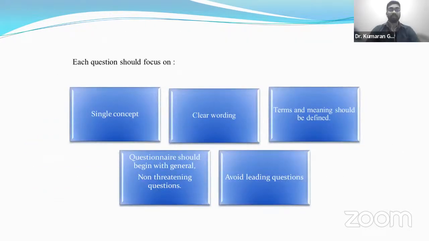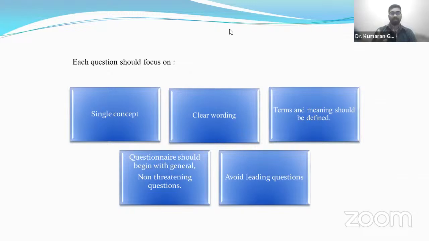Okay, each question should focus on a single concept, with clear wording, and terms and meanings should be well defined. The questionnaire should begin with general, non-threatening questions. Sometimes I have seen questions that are threatening in themselves. When it comes to satisfaction questionnaires and some customer service questionnaires, I do see this kind of threatening question.